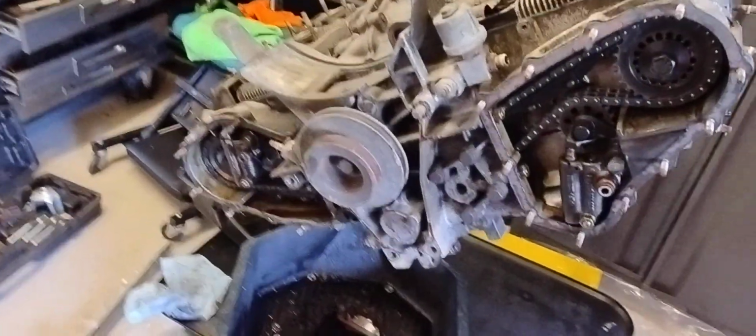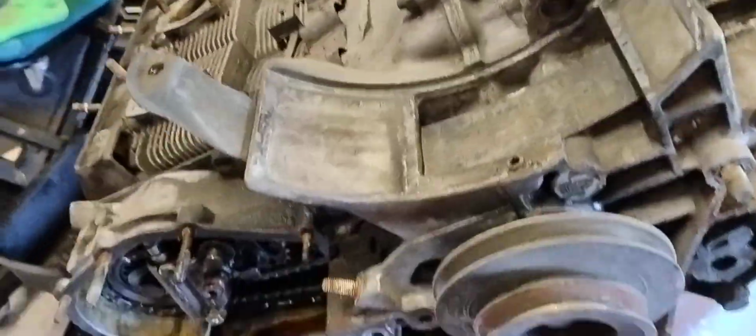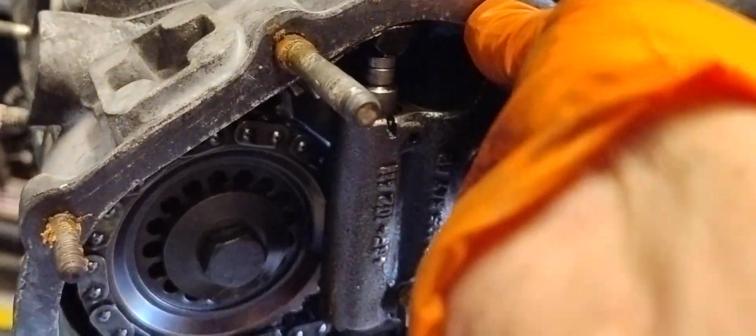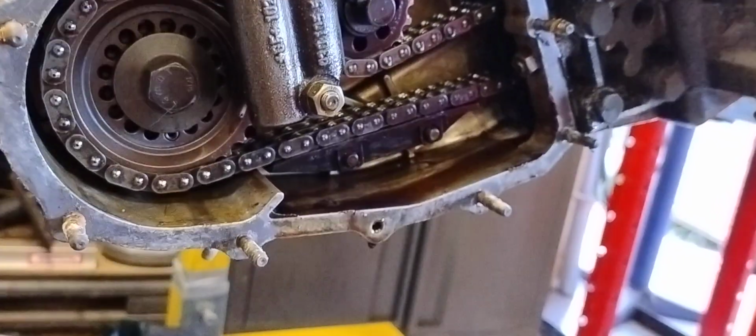I got another little update. Just got the timing covers off, which I've got to admit was probably the most difficult one I've ever encountered. Someone has decided to basically glue the bloody thing on. I'm assuming that's something like 574 sealant, but it had glued the cover on so it wouldn't